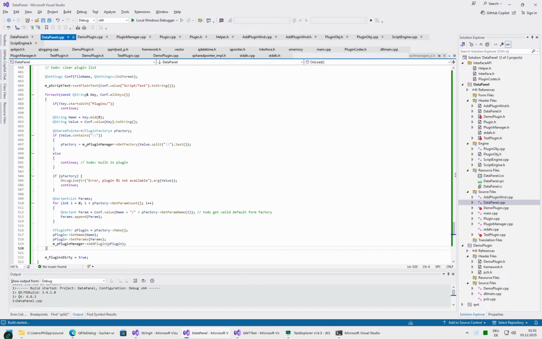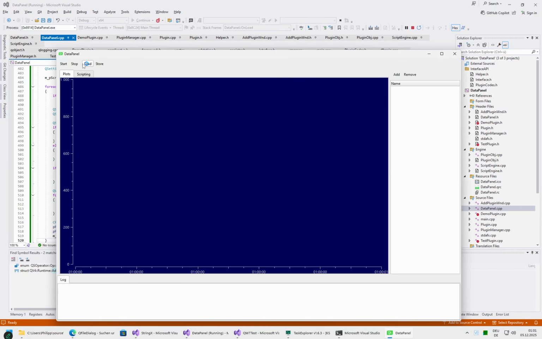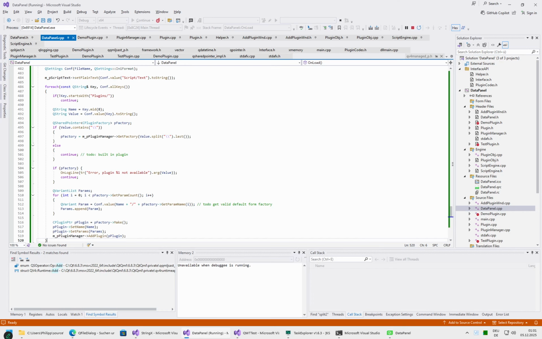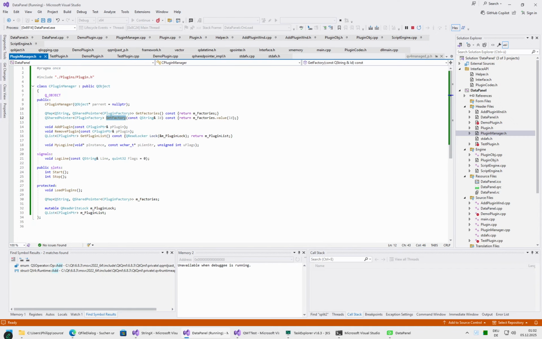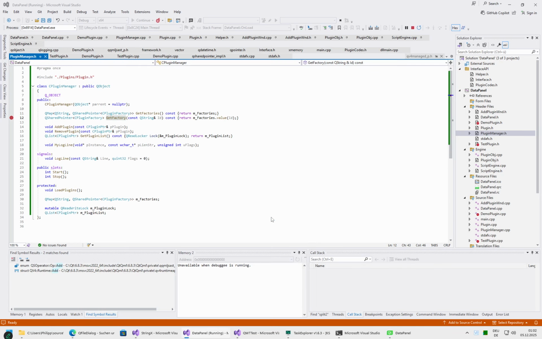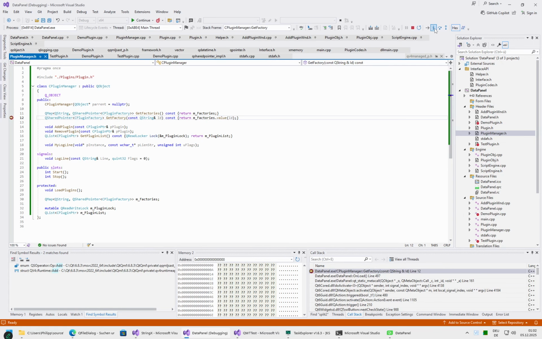Let's see. So script store load test. Well, something went wrong. Plugin not available. Why? Apparently this thing here failed. Let's put a breakpoint here and just repeat it. Load. So let's see. ID was demo plugin DLL and factories